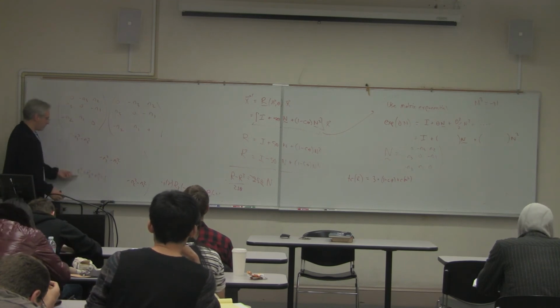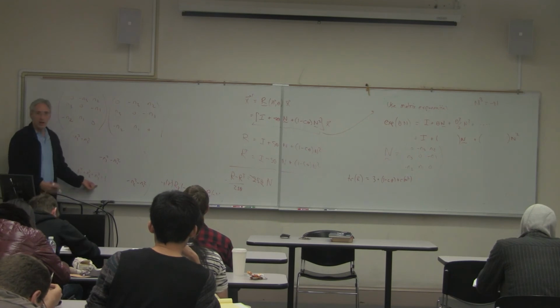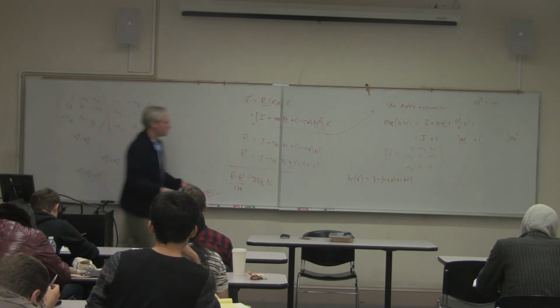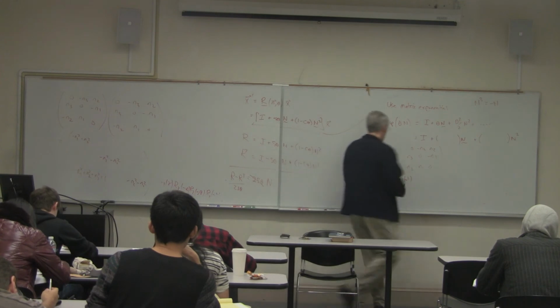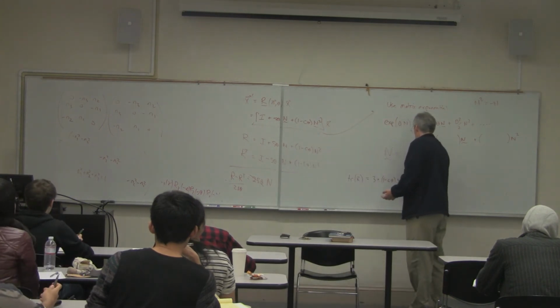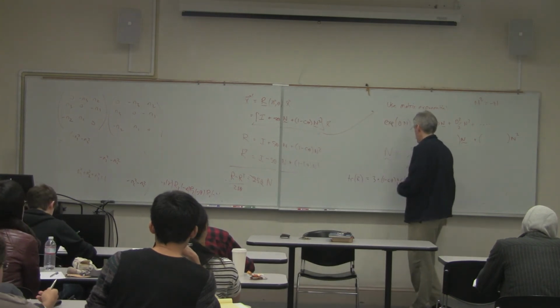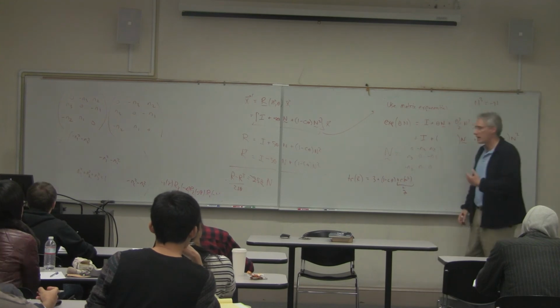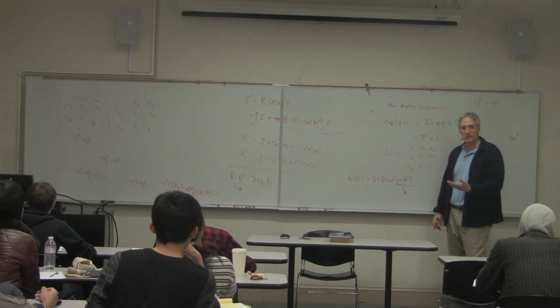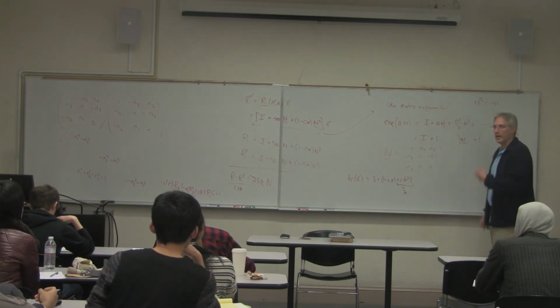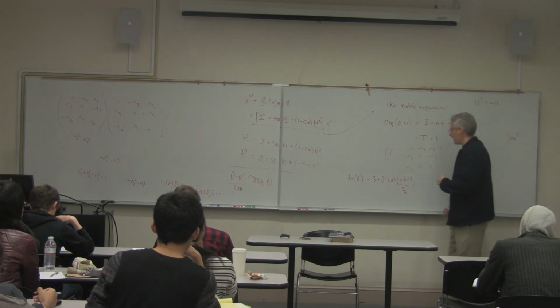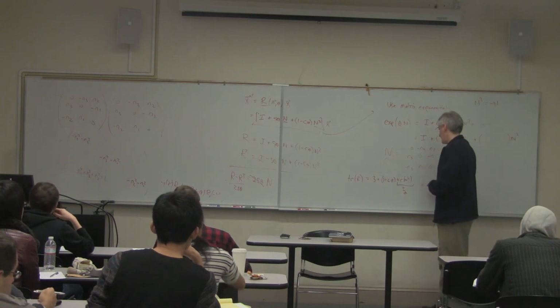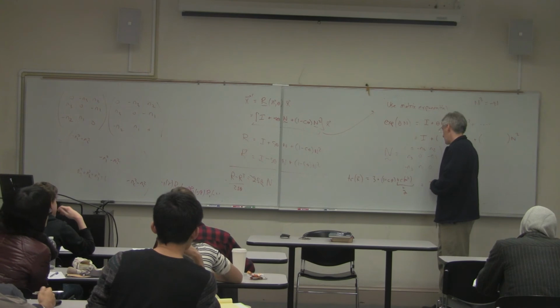So if I have 2 occurrences of each one, I'm going to get 2. So the trace of this matrix right here is equal to 2, because n1 squared plus n2 squared plus n3 squared is equal to 1, and I have 2 copies of each. And so what I get is 3 plus,